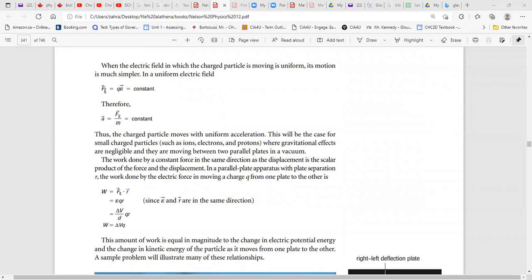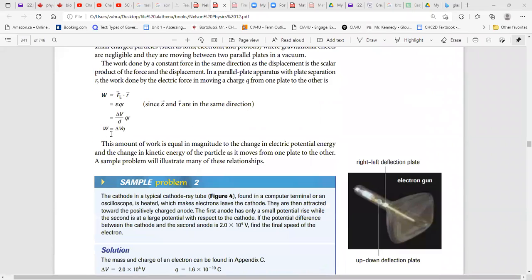Now we know the electric force, when you have a particle in an electric field, the force it feels is Q multiplied by the electric field. And also we know acceleration is the electric force divided by mass. And the work done, we have proved, is the potential difference multiplied by Q. When it's moving from one place to another with different potential, with different voltage, the work will be delta V